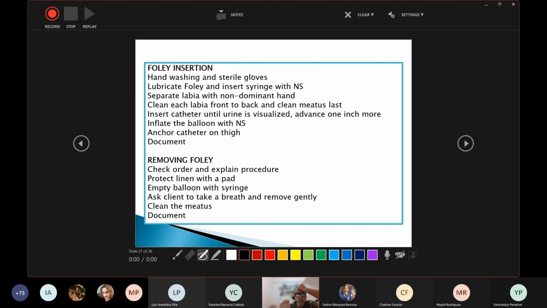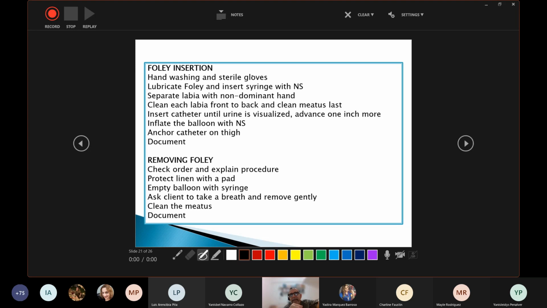But to introduce a peripheral venous access device, a peripheral catheter, you don't need to use sterile gloves. Why? Because you don't touch the catheter. You only grab the base of the needle with a clean glove. The tip of the needle and the catheter over the needle are not touched by you. That's why you don't need sterile gloves to introduce a peripheral venous access device.